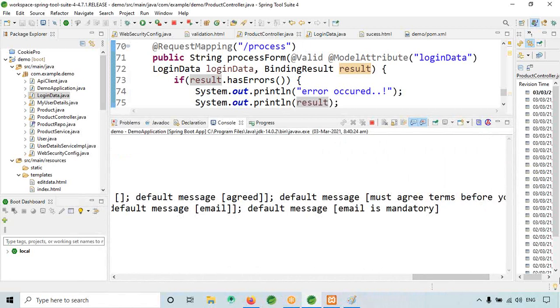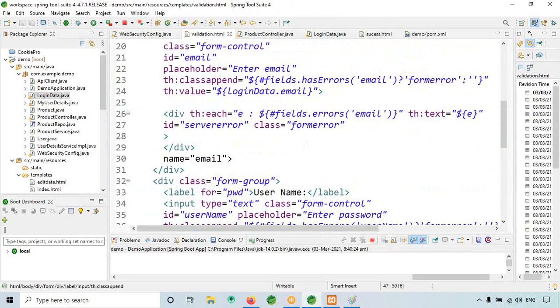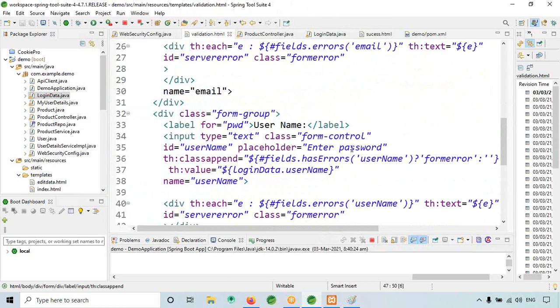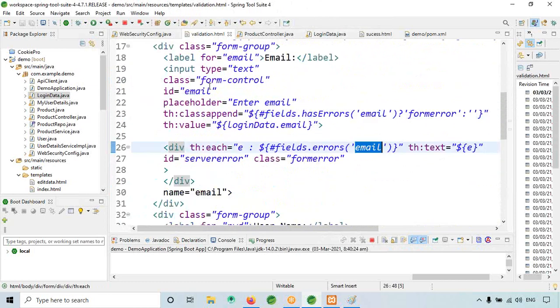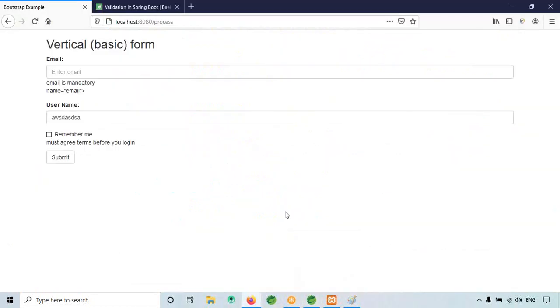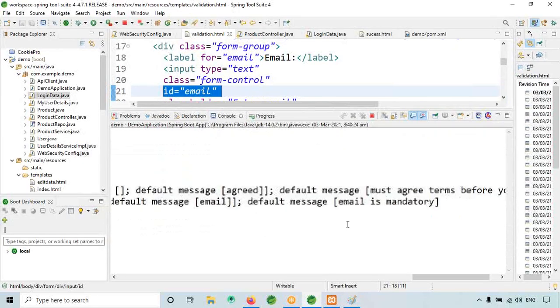Okay, email is mandatory. I think we have done something wrong. Let's check what we have done in the validation. Okay, see here. This is email, enter email ID, email. This is fine. Email is working, no? Email is working, or which one is working? What is the error we are getting?